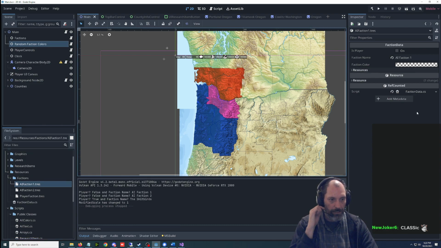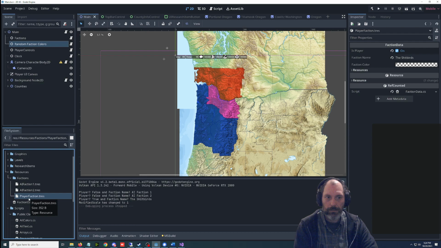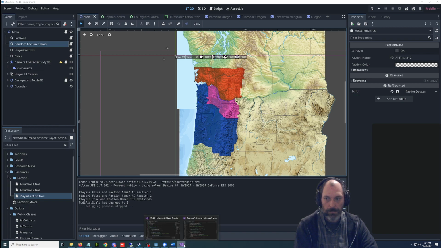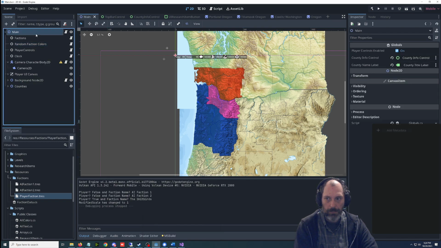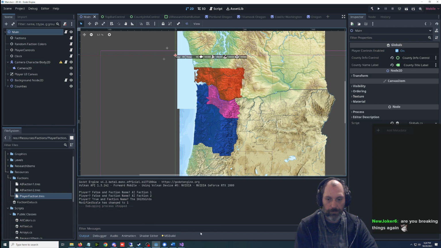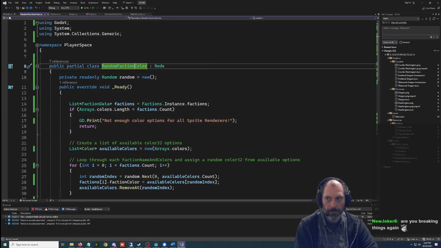So the color hasn't changed here. With a scriptable object, it would have, and that's been kind of one of my worries. We only want it to change during the thing, but now we've got to apply it to here. And what we need to do with that is we need another thing in globals that will be